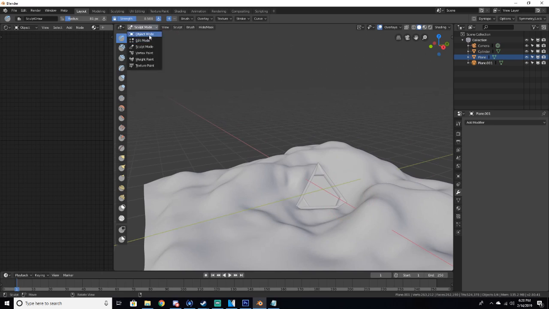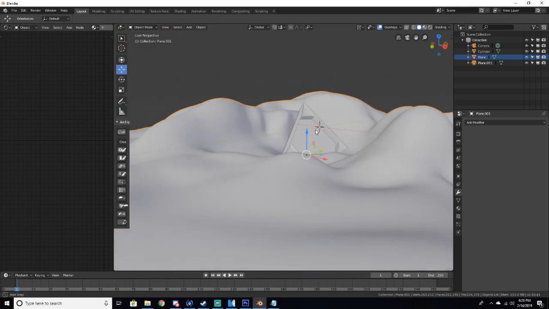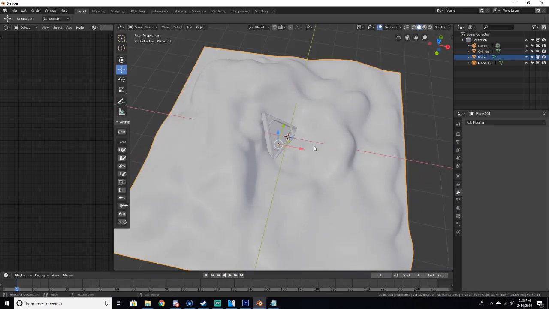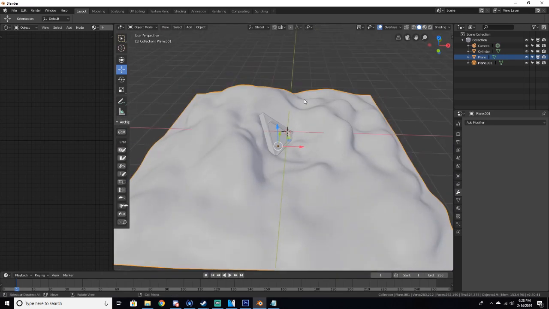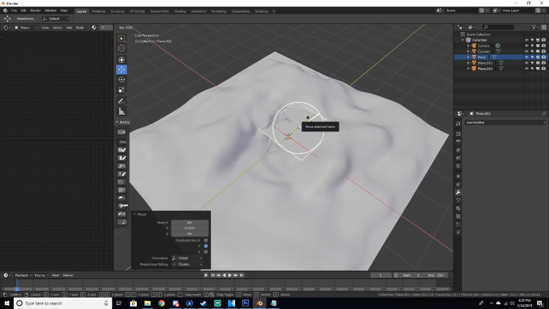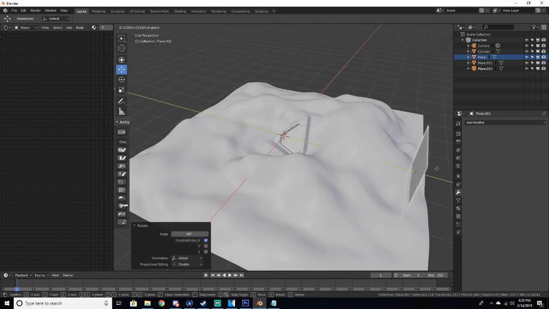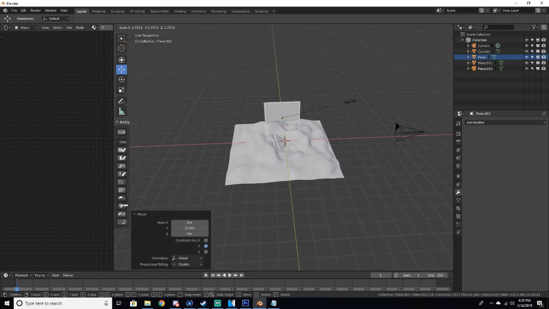Okay. So now in object mode again, what we're going to do now is add the background. So the way I'm going to do that is I'm going to add yet another plane. Yeah, I know. RX90, and go back here, put it kind of back here, and just scale it up